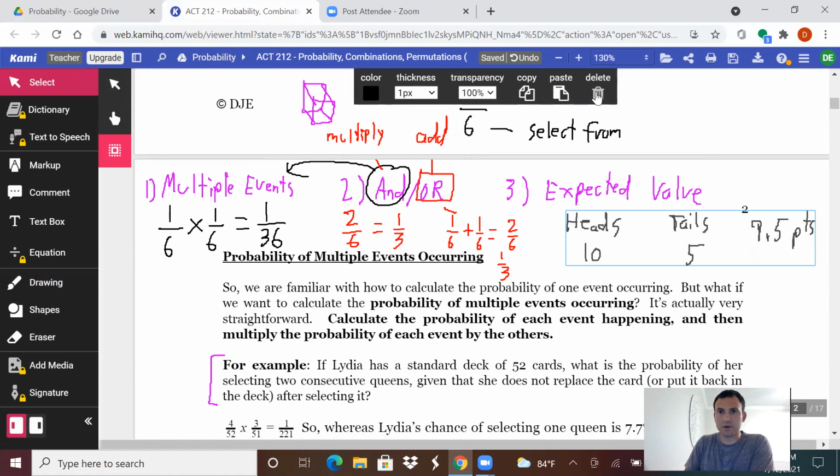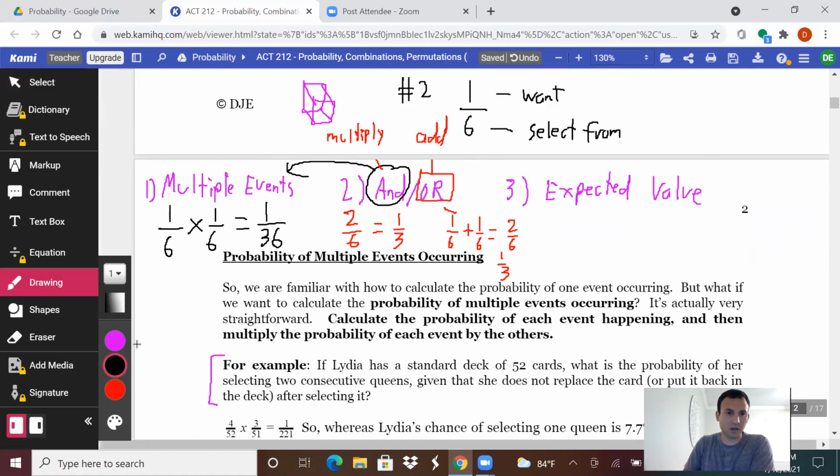But another way to do an expected value that I find is even easier is you do the number of points for the first event. So heads yields 10 points. You do the probability of it happening, 1/2, plus the number of points for the second event. So the number of points for tails is 0, times the probability of it happening, which is 1/2. And when you add these together,